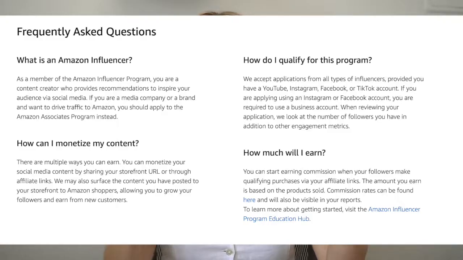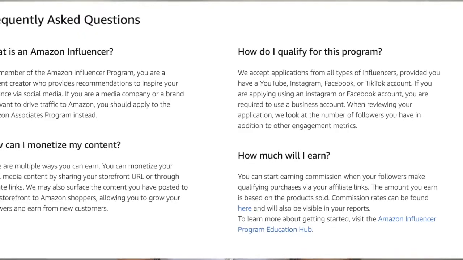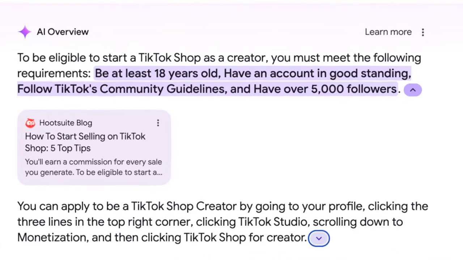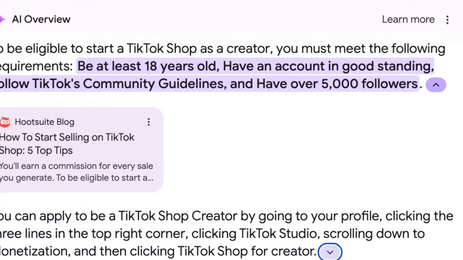While there are so many ways to diversify your income as a content creator, some methods require crazy requirements or have high barriers to entry to even begin making additional income, like the Amazon Influencers program, where you need to go through a specific sign-up and approval process, or TikTok Shop, where you need to meet a minimum requirement of 5,000 followers. To many creators, this can become quite discouraging.